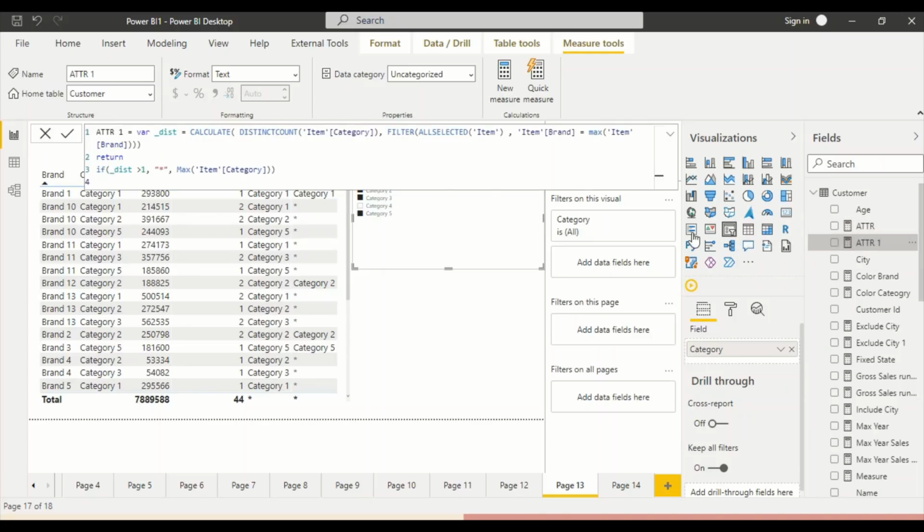But now this measure, we have pushed the context of brand, so if you want to do this with city, it's not going to work in the same manner. But there is a way, means even though the category is there, we can still see that there are 2 categories in this brand. So this is how you replicate the attribute function of Tableau in Power BI, and the different ways you can do it.